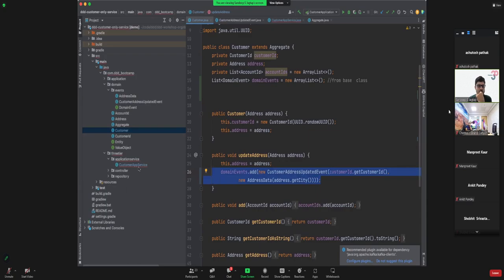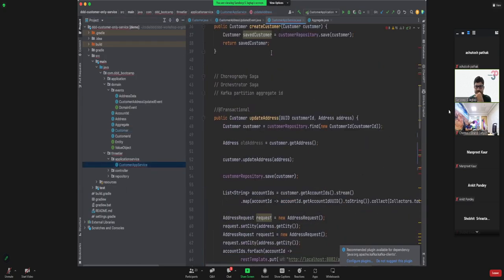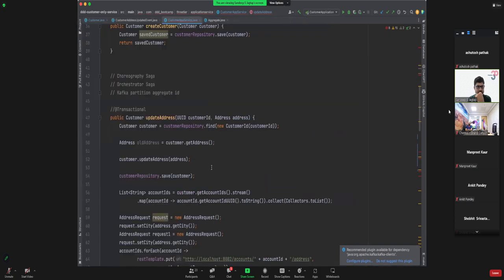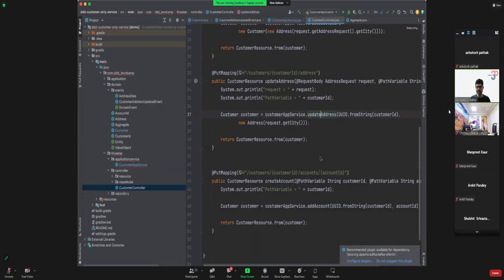Now if we look at what happens in our app service to handle this, I'll follow the flow from the controller again so that it's clearer. So you come to update address.